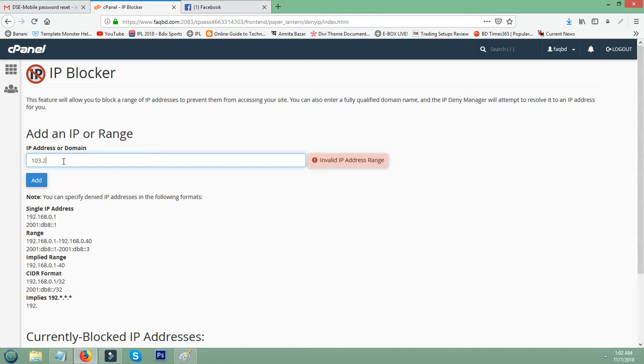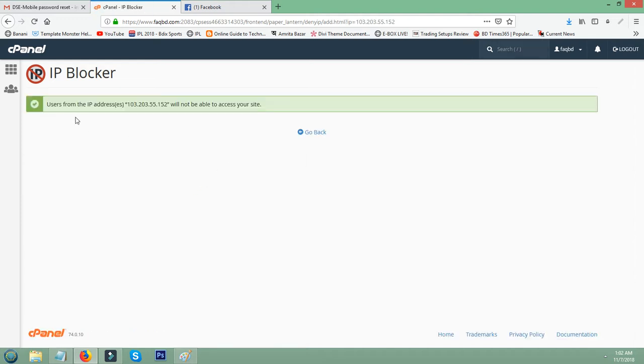Suppose 103.203.55.152. Add. A user from this IP address will not be able to access your site. That means whoever is using this IP cannot access your website. Okay,